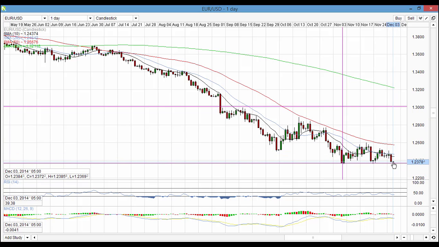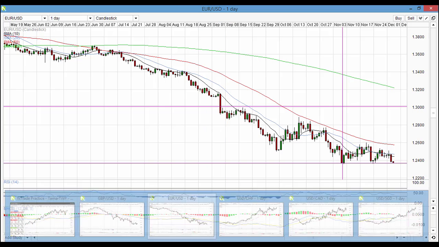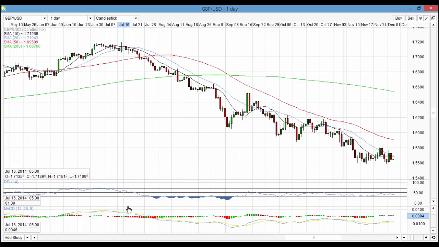So what we can expect from non-farm payroll, depending on the reading, is either a change of trend or a break of this level right around here. Interestingly enough, euro dollar, dollar Swiss, and cable, which is the pound versus the dollar, are all in a similar area. So let's take a look at that, and this is where we are on cable, and let's mark the level on cable as well.